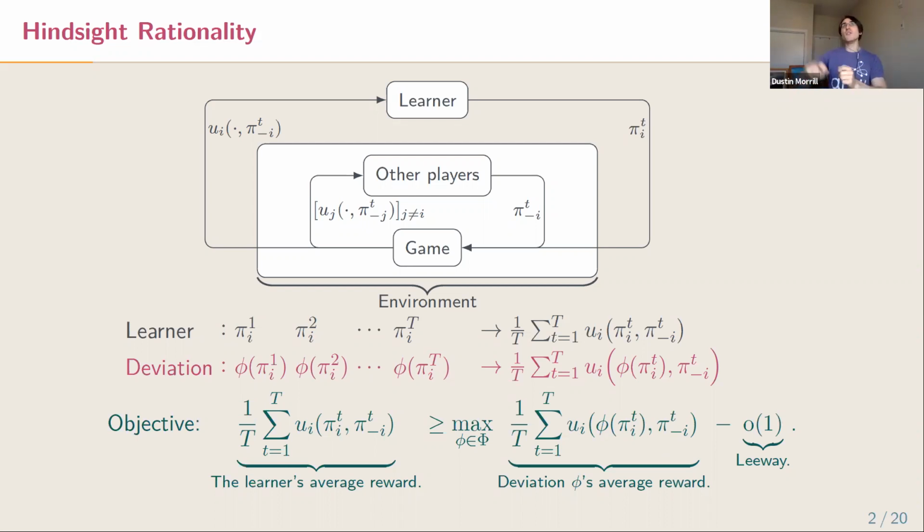So that in the next few rounds, I'm still going to be able to look back and say I did as well as I could have done. But it's going to be compared to the other things I could have done. So if they gang up on me in a way that I could never have been prepared for, this still says that I'm doing the best that I can, essentially. Yeah, and it's not going to be forward looking about preparing for what strategies the other players might use, but it is going to adapt. As soon as they change their strategies, I'm going to adapt to them and continue playing well.